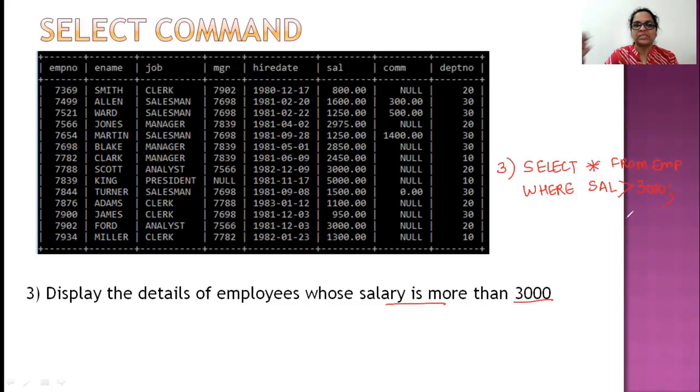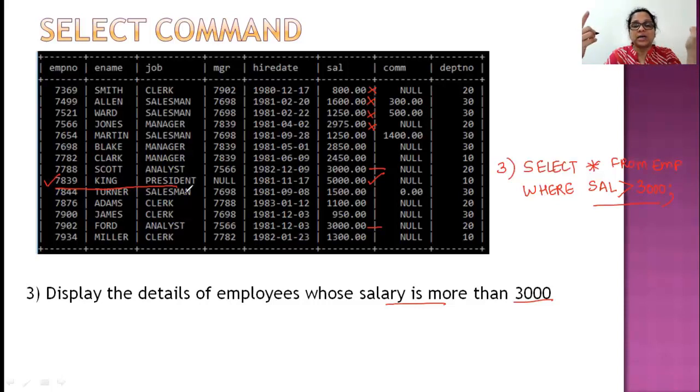What exactly happens when I write this command? It goes through all the salaries of all the employees. So this one, not selected, not selected, not selected, not selected, not selected till here. When it comes to this record, gets selected. Okay. Now, will this and this get selected? No, because 3,000 is not more than 3,000. So the only row that satisfies this condition is King's row. So your output will only be this particular line. So you will get 7839 under employee number, under name you'll get King, under job you'll get President, and so on, because only this employee satisfies your condition.